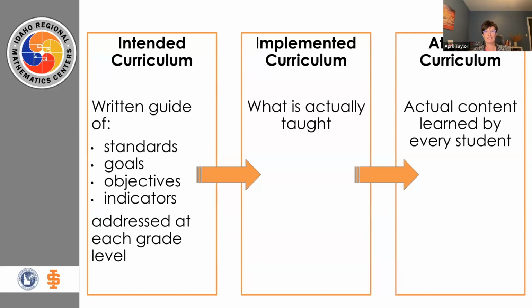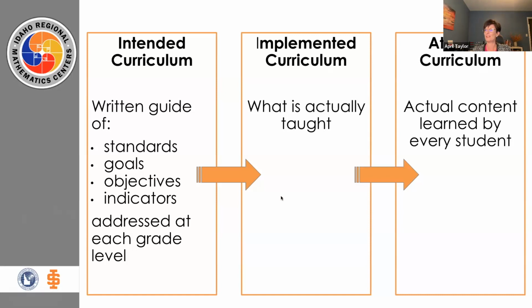Another way we could do this is to engage in that PLC process where we answer those 4 questions: what do we want our students to know and be able to do, and relate that to our standards? How will we know if students have learned it? What are we going to do if they haven't? What will we do for those students that have? So all of those are structures that we could also use to advocate in curriculum leadership.